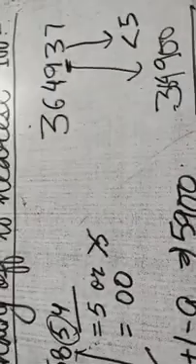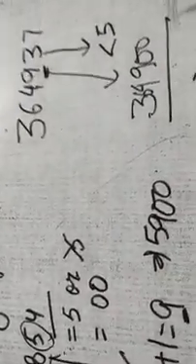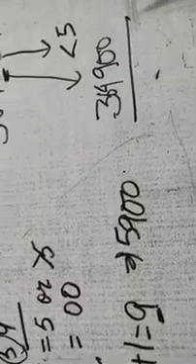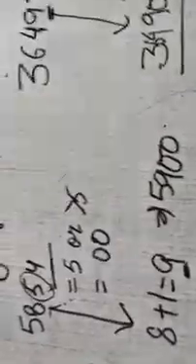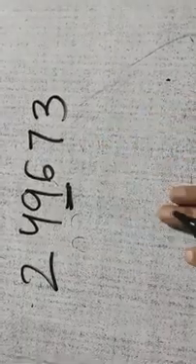This is how we round off numbers to nearest 10, nearest 100, nearest 1000. In nearest 1000, we will take the thousands term. We will see that also. So in rounding off to nearest 1000, let us take this example, 24963. Okay, now thousands term is this one. We'll see the hundreds term.